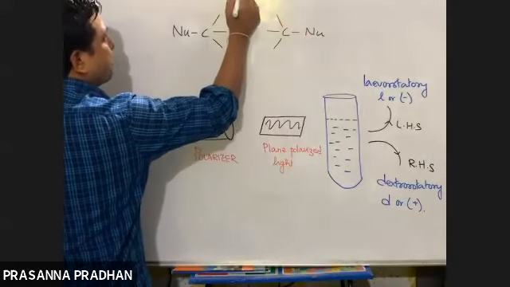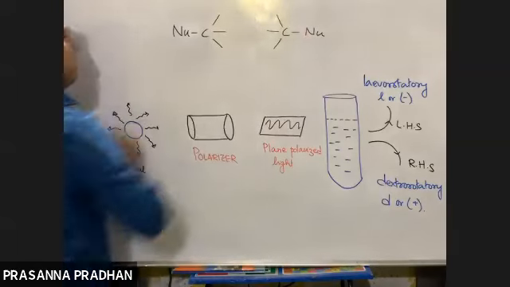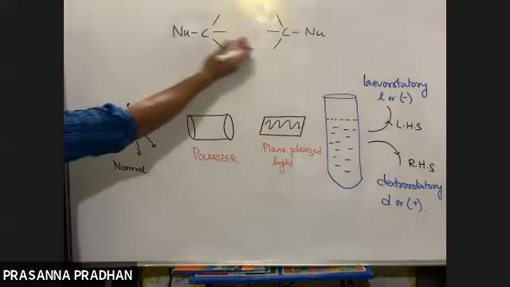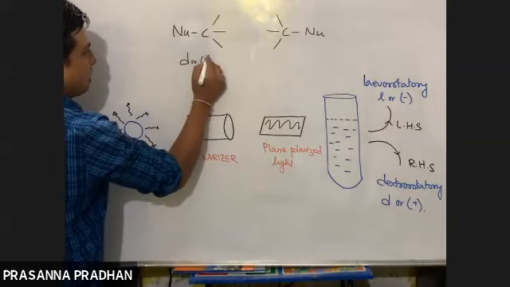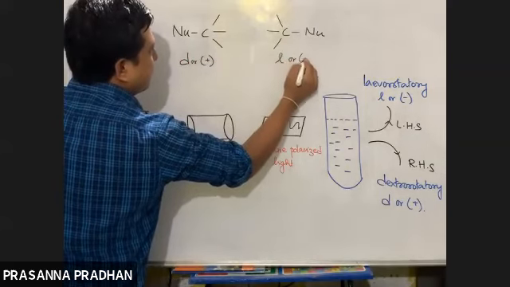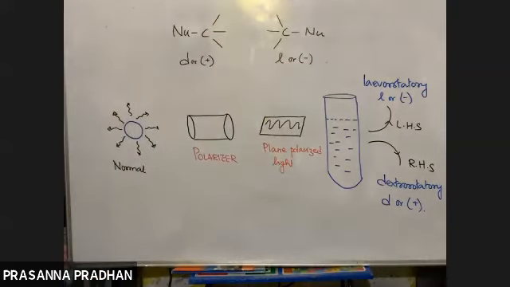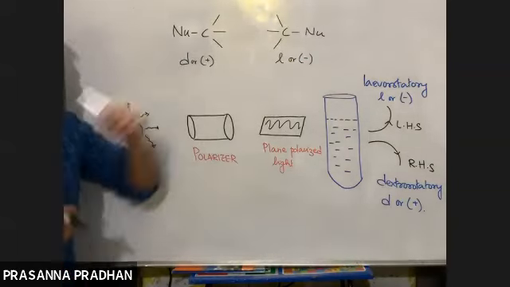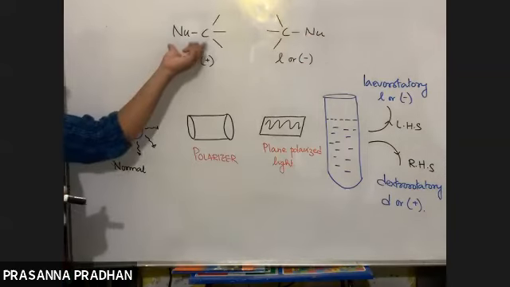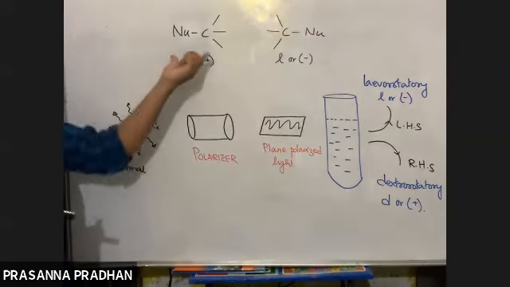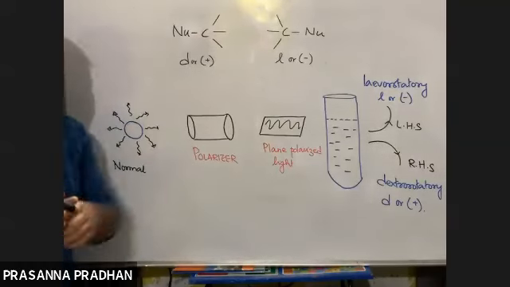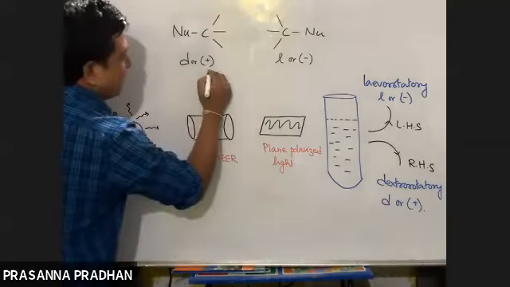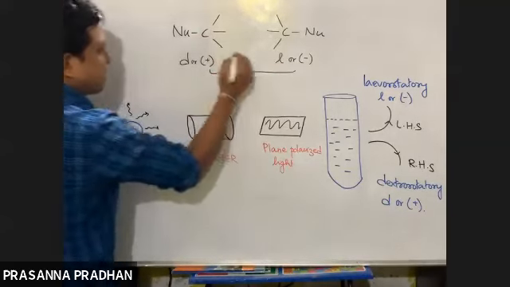What was the ratio? 1:1. Right? So these are two enantiomers. Out of the two enantiomers, if one is dextro, then the other has to be levo. From the formula, we cannot say which one is D or which one is L, so I'm just writing it here. If one is D, the other has to be L. Individually, each of the enantiomers is optically active, but this mixture as a whole, what is this mixture known as?